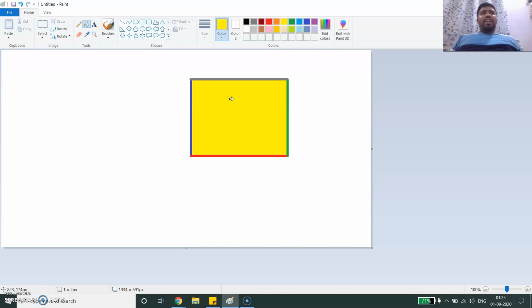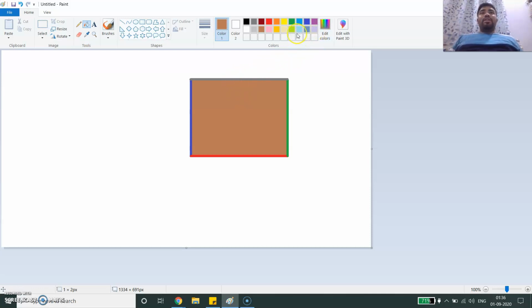Now if I want to change it again, obviously my default color right now would be yellow. Suppose I want to put brown. You can see the color has been selected as brown. I'll again choose the paint bucket tool, and I'll click somewhere inside the region, and only the yellow color will get changed. So this is how it works, right? Now, if my default color matches any one of the boundary colors, then it will create some problems, because even the boundary color will get changed then.